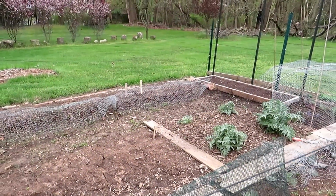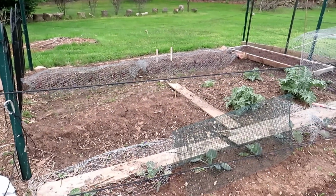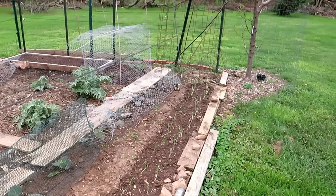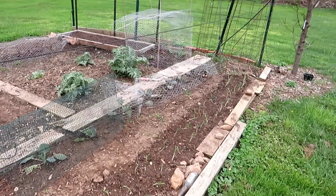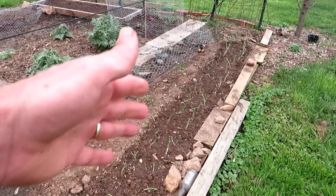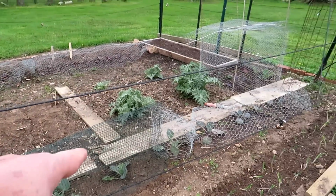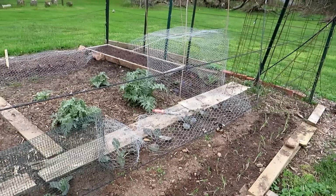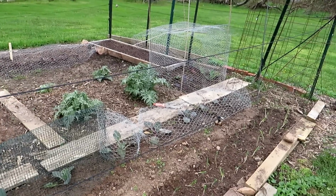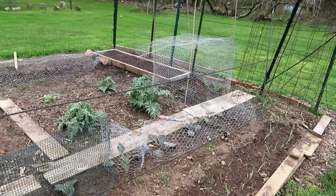This is my garden. It's outside of my main garden with a fence that keeps the deer and rabbit out. I use just basic barriers like this that sometimes keeps the deer from walking in. I'm also planting crops that they tend not to like on the outside here, which are all onions. This chicken wire works 100% to keep rabbits out. They don't want to skid under there. The deer don't want to work through it. If you get something aggressive like raccoons or even groundhogs, they will knock stuff over because they're just a little